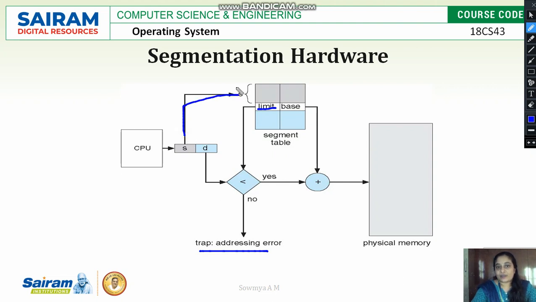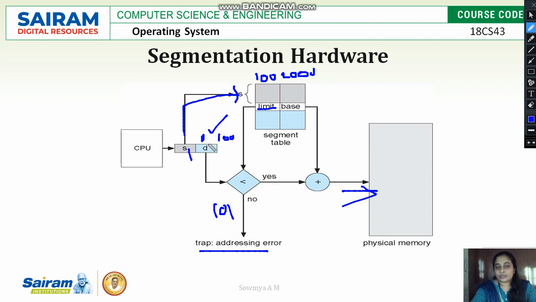So S is used by the segment table to find the segment with the help of the base register and the offset value. Base register plus offset value are added together to get the address. Let's consider the base value is 2000. I am searching for segment 1. The limit is 100. So if the D value is between 0 and 100, then it is valid. If the value is more than 100, let's consider 101, then a trap is generated.